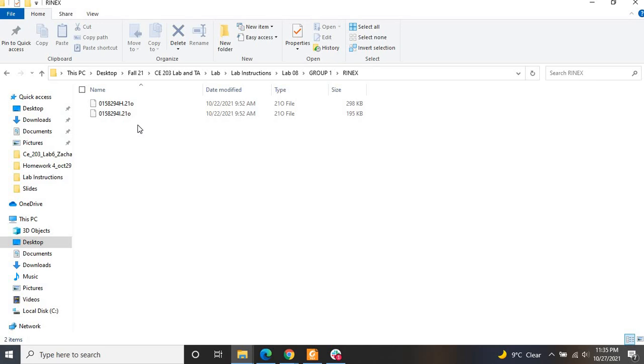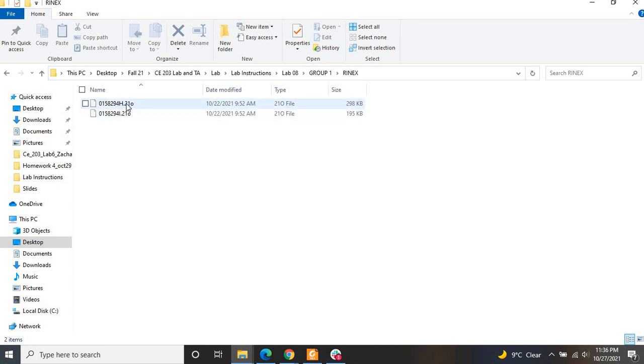So you did two observations, right? That day you set up your equipment on one of the controls, then you moved it to another control. The first observation for group 1 in this case is this, and the second observation is this. You can see H, you can see I here. The format which Opus accepts is this .21o file format. That is the kind of file Opus will accept. And mind you, you have to do this processing separately.